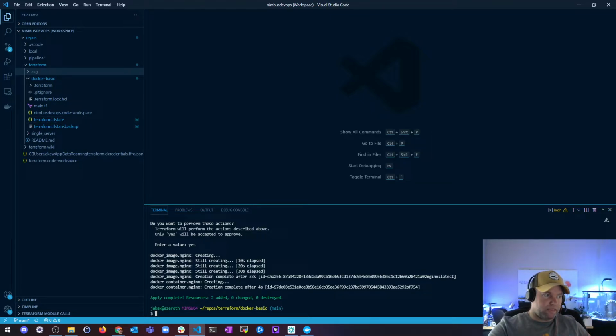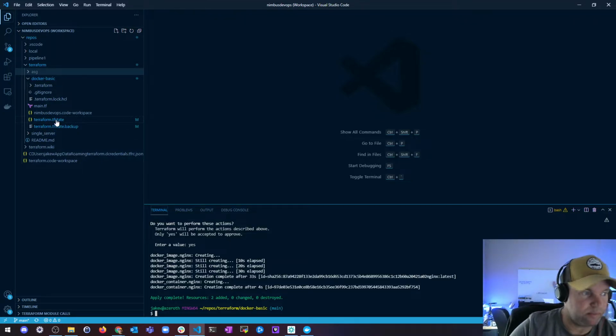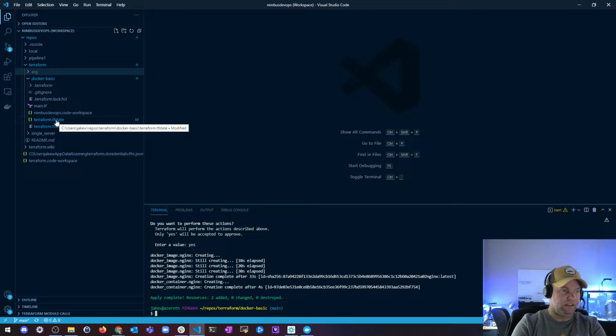So this is the only way Terraform can track, and there's a backup as well, but this is the only way it can track what resources it manages. Sometimes it has sensitive information in it, so you have to store it somewhere securely. So we're going to get into how to securely store this in the cloud outside of your local machine, and restrict access to only DevOps or cloud engineers that need access to the state file, which really probably shouldn't